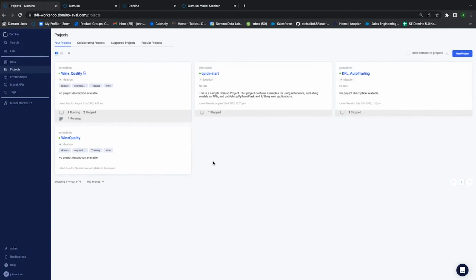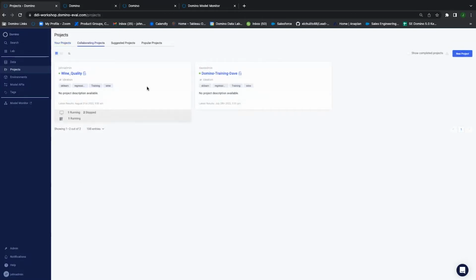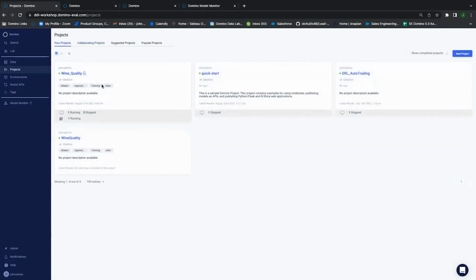So when you log into Domino for the first time, as you see here, I'm showing you what we call projects. Remember when I showed you just recently in that previous slide, the first layer is where we're going to prepare our project and our data. It's here in projects that you'll see what you own as an owner in Domino with respect to your projects, as well as if you're collaborating on any projects, you'll see them here if you've been added as a collaborator.